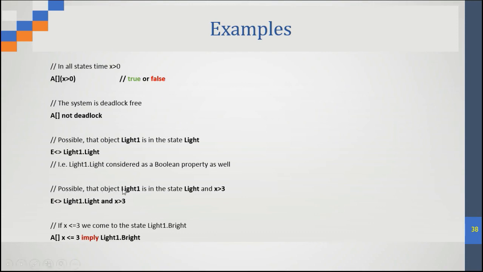So here, is it possible to reach light, the process light to be in light, and at the same time x is more than 3? So this is another query. We can combine two conditions. And the same thing here, this is actually imply. It can also be used something like and, but it's different. If this is true, then this will be implied. So if x is less than 3, we can come to the state light, right? That means if x is 3, then we go to light. Otherwise, it's not similar to and. If this and this. Now this is if x is less than 3, so light will reach